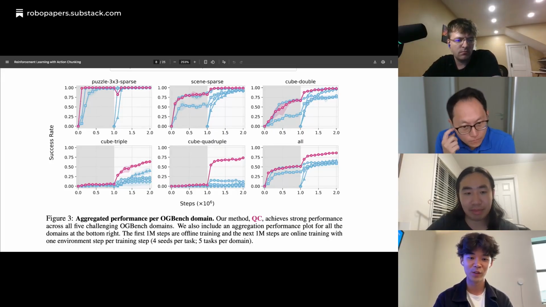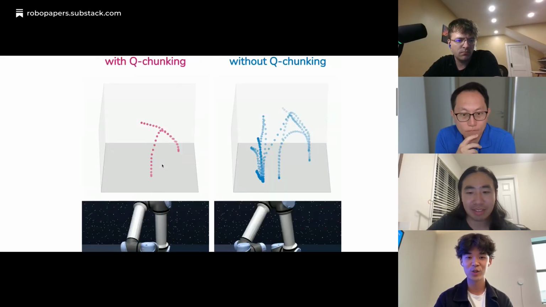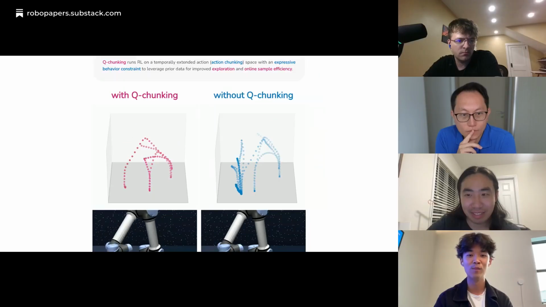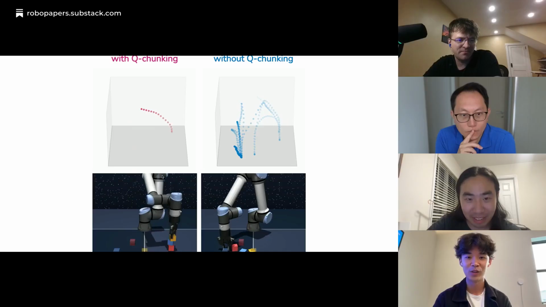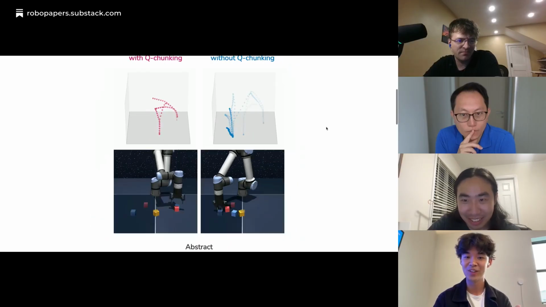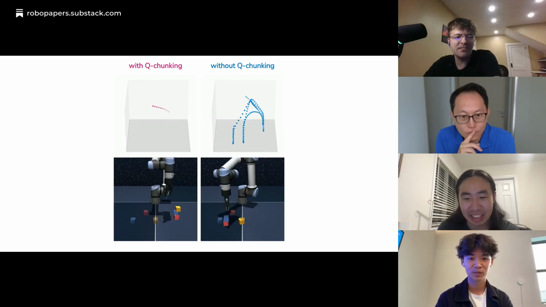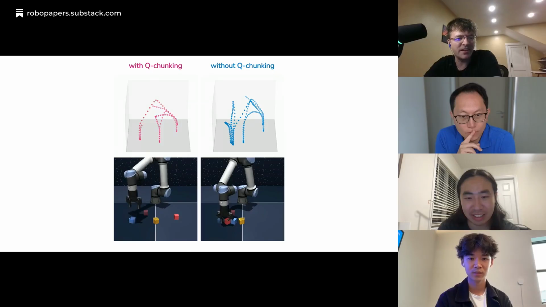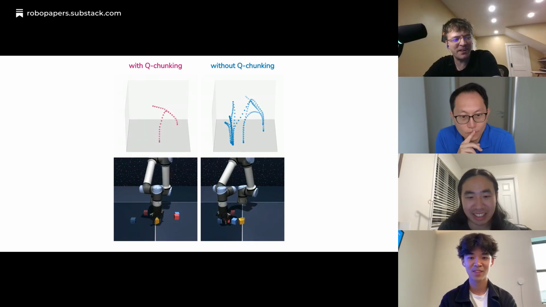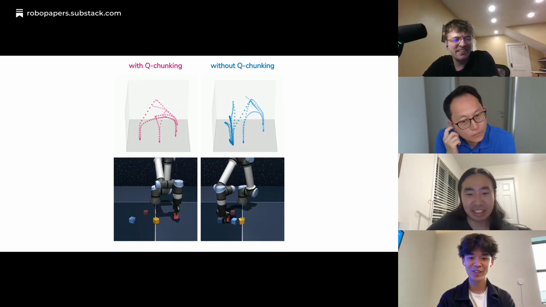And I believe, Colin, if you go to the website, we have really cool visualizations that show you how the arm moves with or without Q-chunking and how it explores online. The right one is frozen, but okay, now we started exploring. Yeah, I feel like it's a very compelling visualization, particularly because if you've ever done RL for manipulation, it is really a pain to get them to explore very well at all. Yeah, exactly.